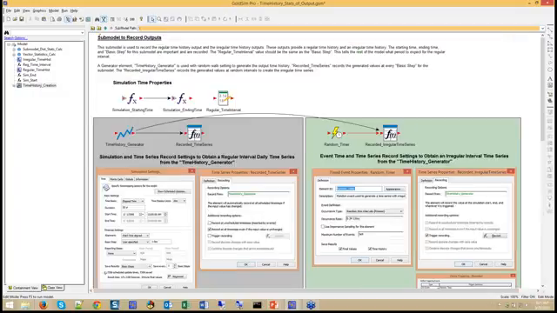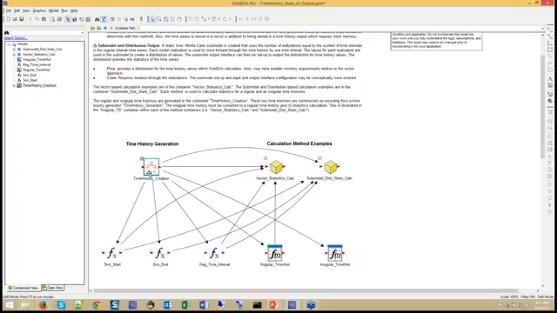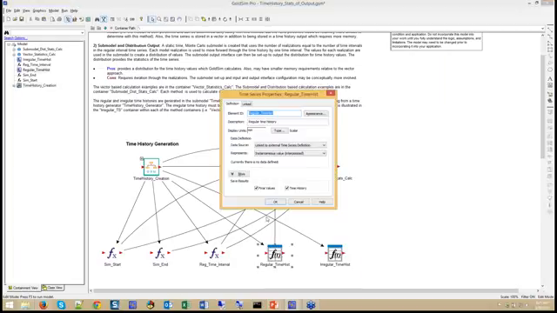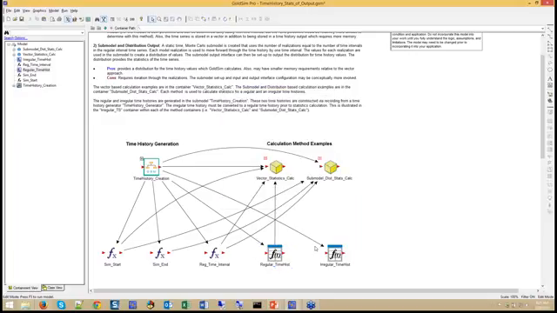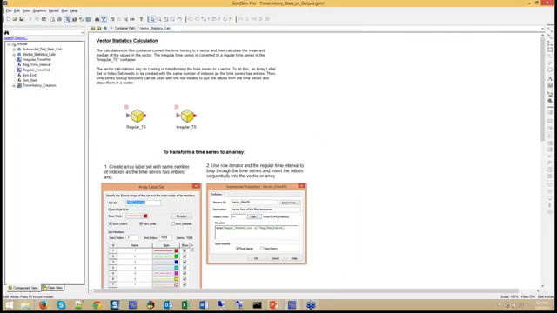Okay, so what then is happening in this model is the submodel runs first. It generates those two time series using the random generator, and then the submodel interface passes those time series back out to the main model, and you'll see that these time series are linked to an external time series definition, which is the definition from the submodel. Okay? So then once we have these, it goes in here, and this is where we look at calculating